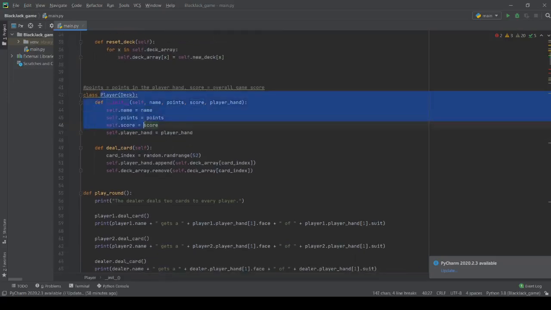And then we also have a player class for variables. So this will create a player with their name, points, which is just the points in their hand, whatever the card values add up to in their hand, and a score, which is how many rounds they've won. And then we'll have player hand, which is going to keep track of all the cards in the